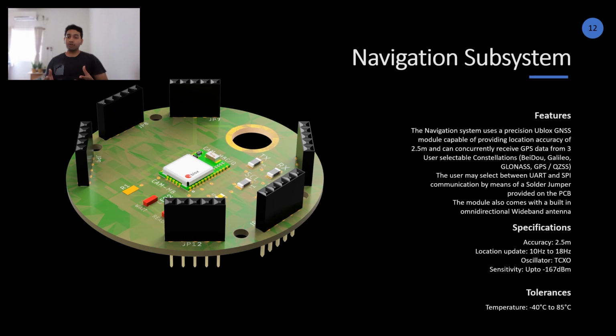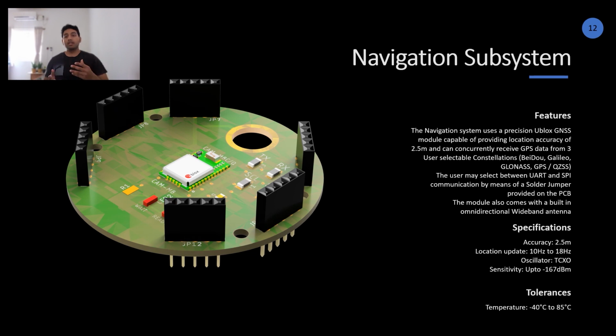Now, the reason for the navigation system being on board is if you were to deploy your CanSat at a very high altitude, it is possible that while returning, it might get carried away by the wind and might go into some bushes or some place where it's difficult to look for the CanSat. But given the navigation subsystem, you'll always know roughly which location the CanSat has landed with an accuracy of 2.5 meters. That way, the radius that you have to look at before you can retrieve your CanSat is just 2.5 meters, and that reduces it from maybe a kilometer or half a kilometer,